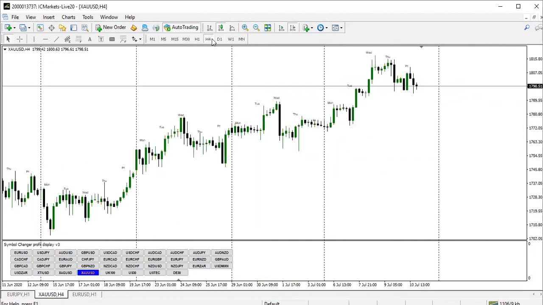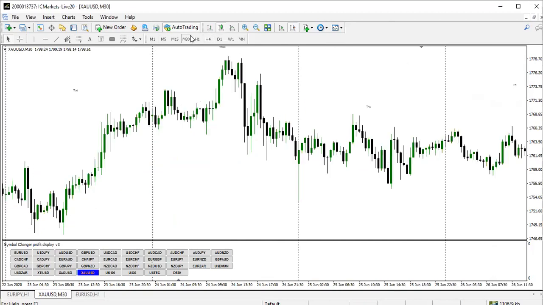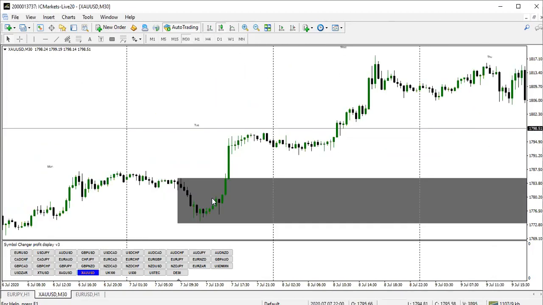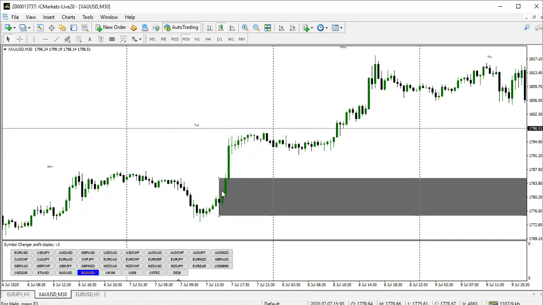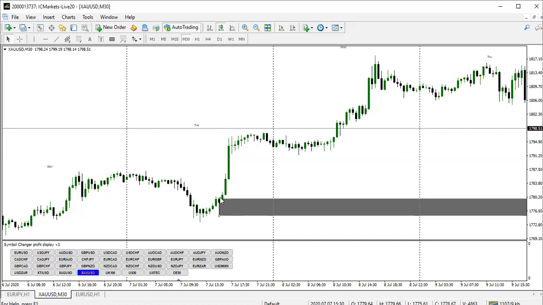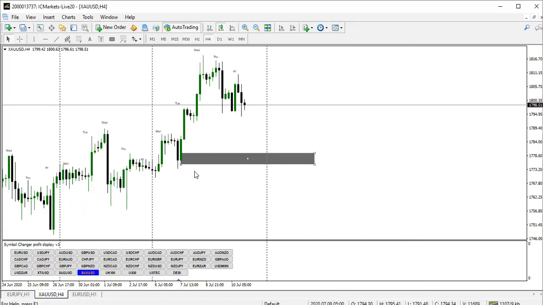On the 4 hour time frame, the best buying opportunity will be on this zone, when this market pulls back to this zone, so we can really look for the best opportunity for us to buy. And probably, let me see, this particular candle can really be the rejection zone that we are looking for. This particular zone will be the rejection zone that we're looking for on this. So we want the market to pull back to this zone for us to sell, I mean, for us to buy.